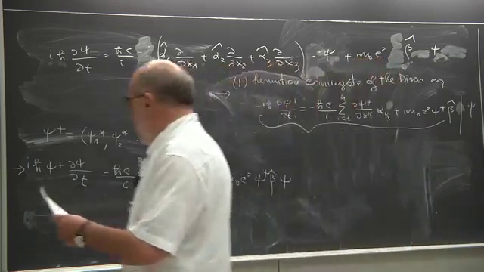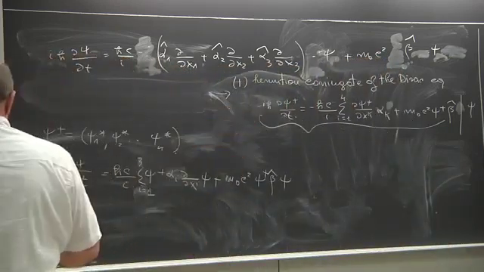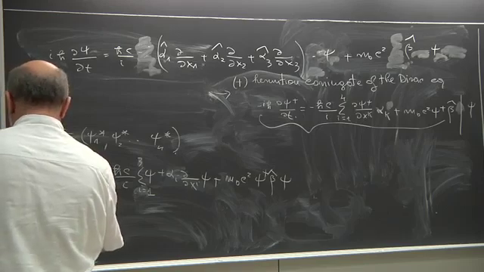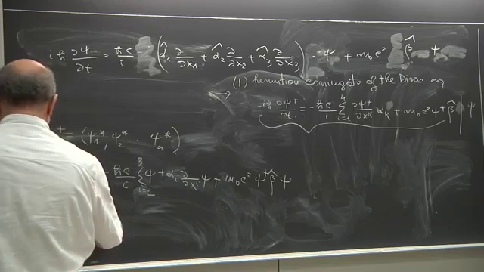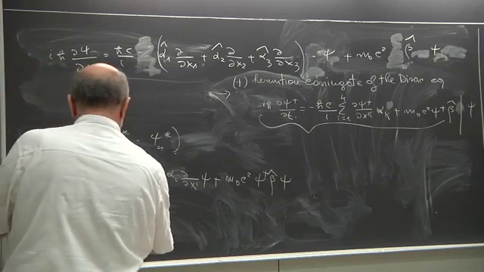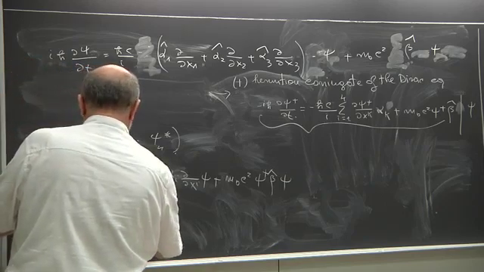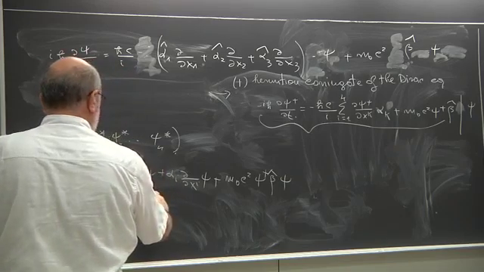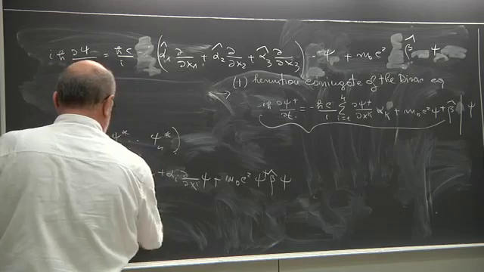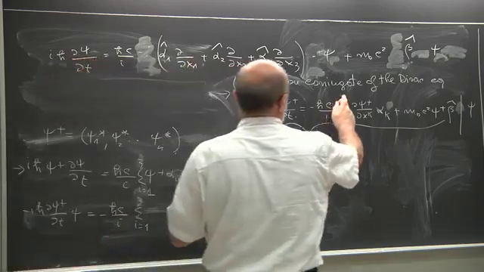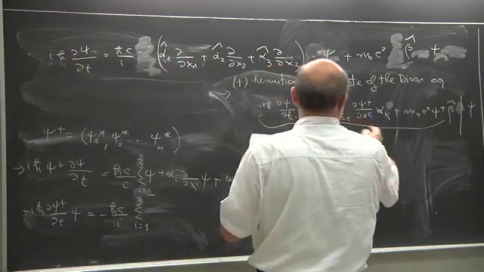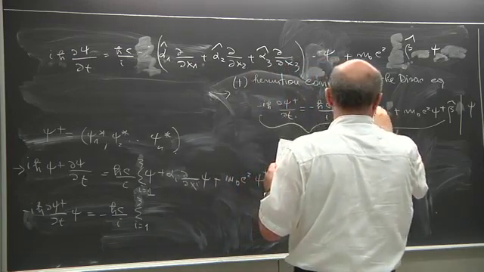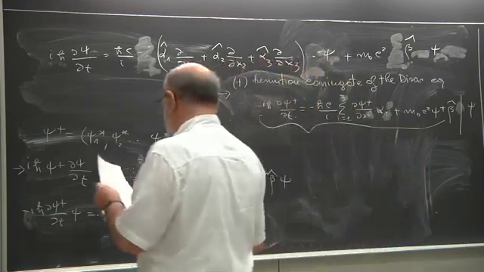If you do that calculation, you get minus iħ d psi dagger dt psi equal minus ħc, I sum i from 1 to 3, sorry, from 1 to 3. So here from 1 to 3, because it's the alpha only sum. So let's put this alpha i like here,